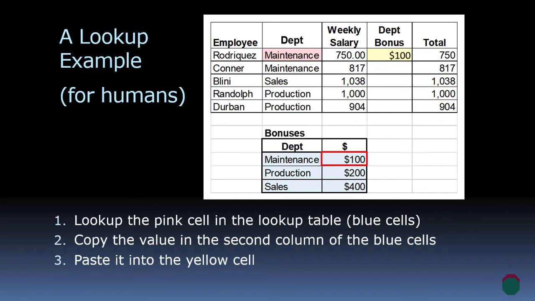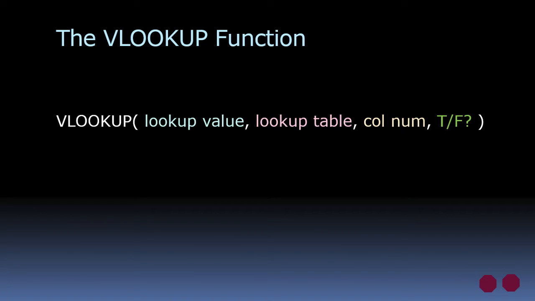Problem is that Excel is not a human. It's a computer program, not quite as smart as us so far. So we have to use a special format to explain what we want to do to Excel. And that format is this function called the VLOOKUP function. The function looks like this. Basically, we have four arguments. We have the lookup value, which is the thing that we're looking up. Then the lookup table, the table we're looking up in,